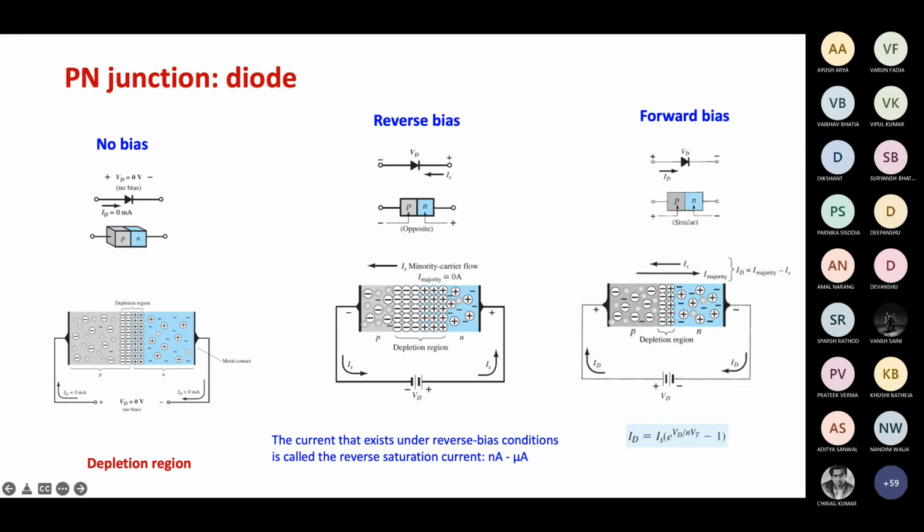We have not derived this expression in this class. It needs an understanding of more advanced concepts that we did not deal with in greater detail here, but it will be derived in ECN 242, which will be there next year. But please remember this expression: when a voltage Vd is applied across the diode, the current is given by ID is equal to Is times exponential Vd by nVt minus 1.